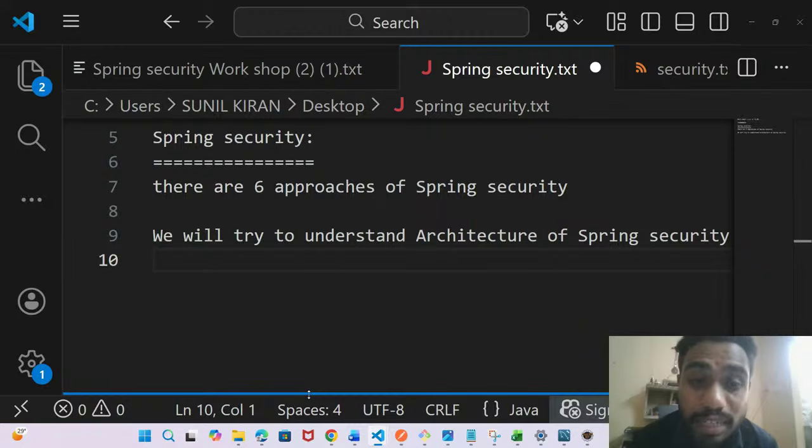That is mandatory. So before going for any approaches, we'll cover the architecture, like what is the filter layer, what is the Spring Boot container, what is an interceptor, and where they fit in. Likewise, we'll try to cover everything.